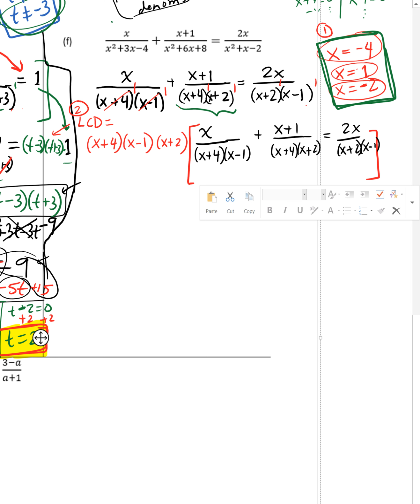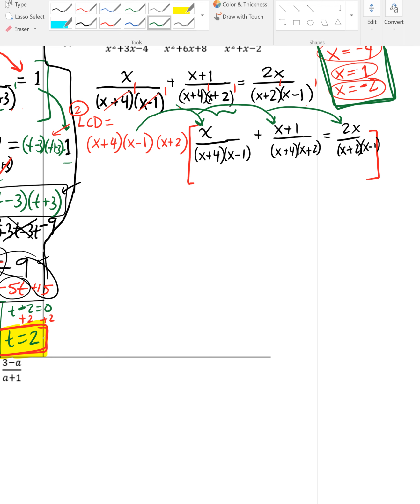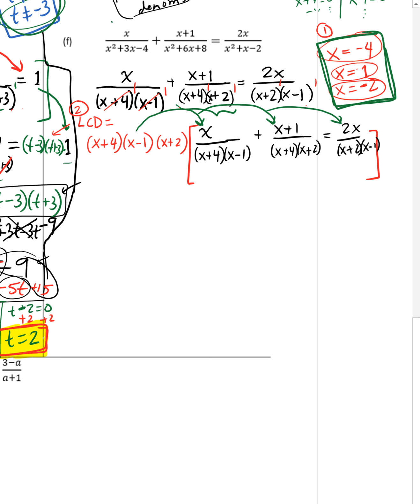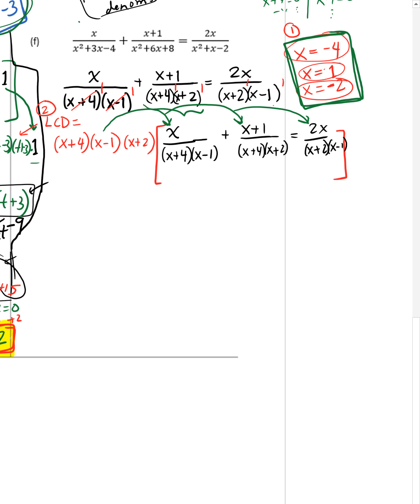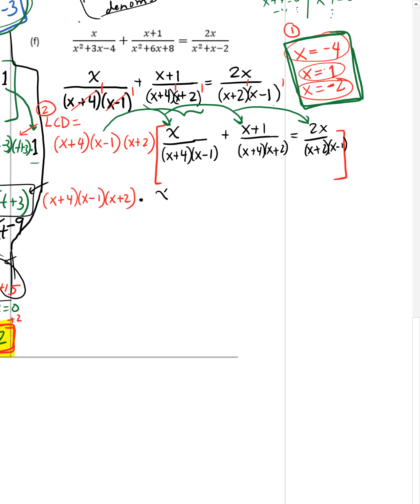So I'm going to take all 3 of those terms and distribute them onto the first fraction, onto the second, and onto the third. This problem is going to get really wide over here. So first it's x plus 4, x minus 1, x plus 2, that whole LCD, times the first fraction. I'm going to write it next to it, times x over x plus 4, x minus 1, plus,